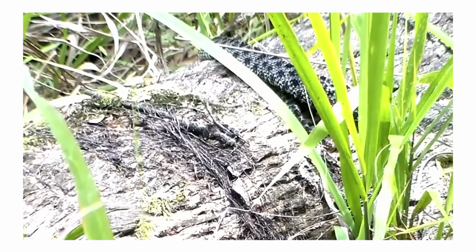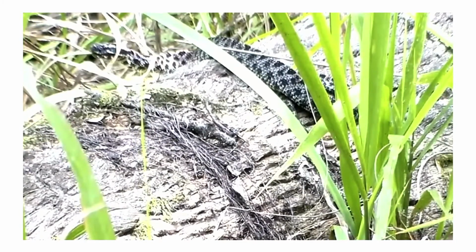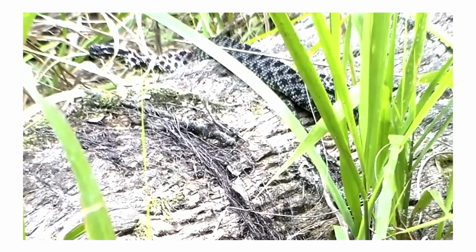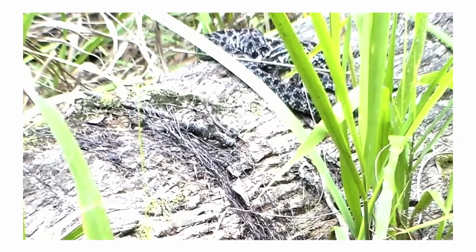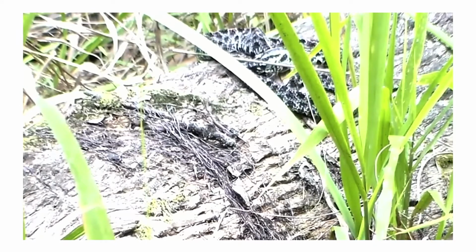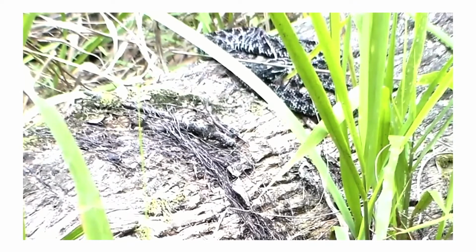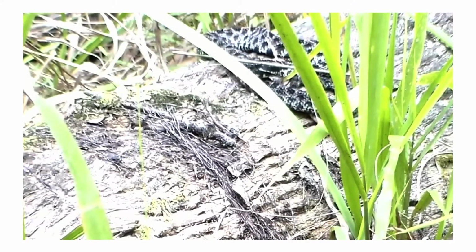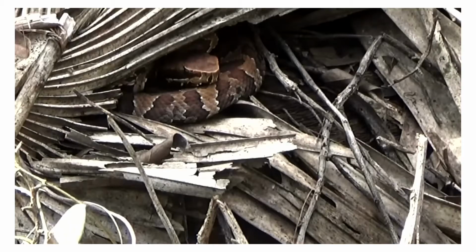This blew my mind. This is the first time I ever saw a pygmy rattlesnake catch prey in this situation. It basically never released it. I've done tons of lab studies with centipedes and lizards, and it was always strike and release in lab, spatially simple environments. In this really complex environment, the first time I see a predation event, it is grab and hold. And so that's really fascinating. That's the kind of thing you're not going to get in your natural history observations just by walking around, because